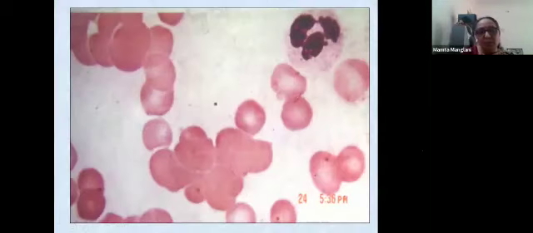And this type of clumping, this is not rouleaux. Rouleaux will look only like this, a single line of RBCs. But when you see clumping like this, you must suspect autoimmune hemolytic anemia. In fact, one patient, we diagnosed autoimmune hemolytic anemia only because we saw the smear and found clumping, and then we did the Coombs test. So it can really be of great help.